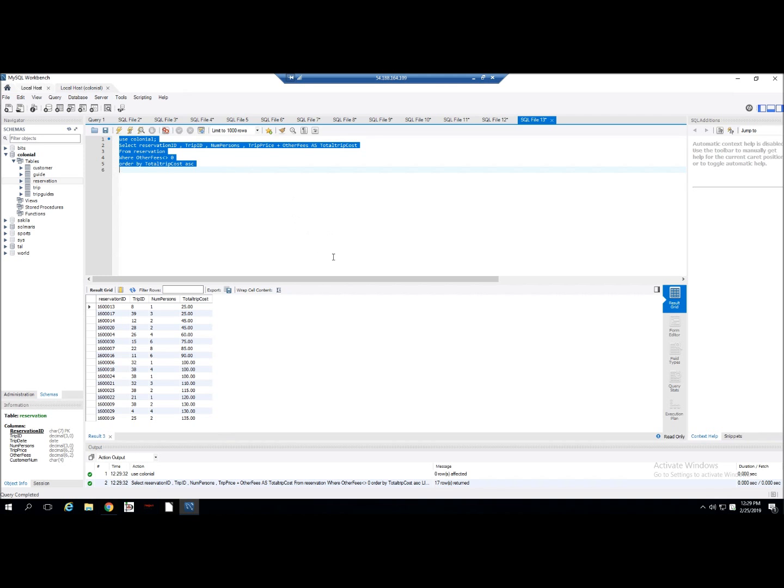This has been a demonstration using MySQL commands from MySQL Workbench